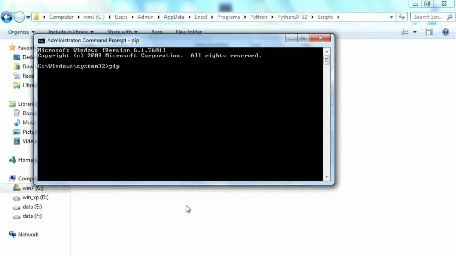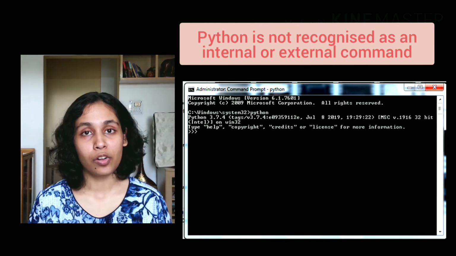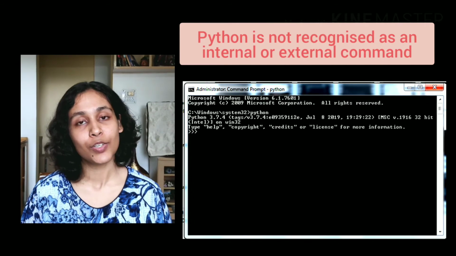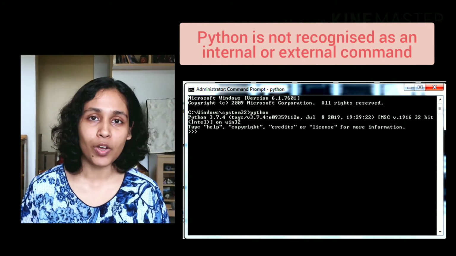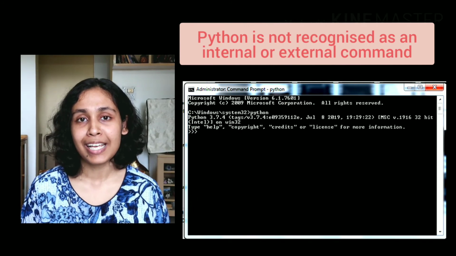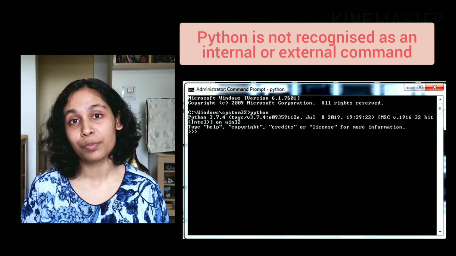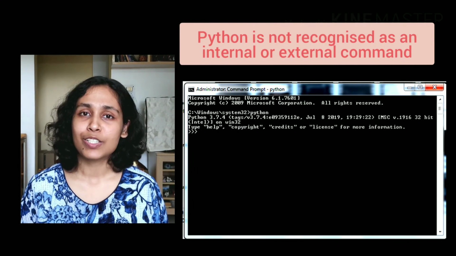Now that we have solved this problem, let's see what we have to solve next. So now that we have solved the pip installation issue, let's get started with Python is not recognized as an internal or external command. It's a very quick process and very similar to the previous one. So please stick with me till the end and I'm sure you'll be able to solve all your problems and run your Python programs easily and very smoothly. So let's get started.